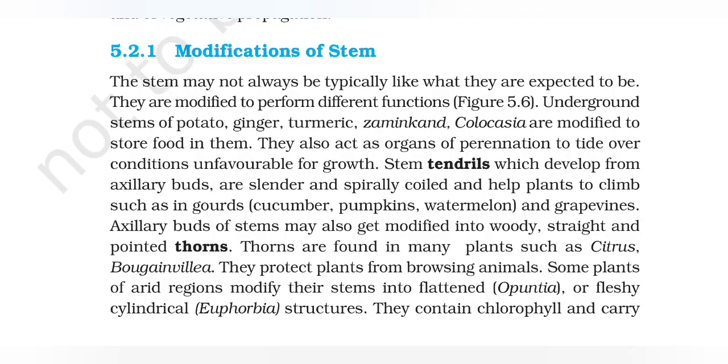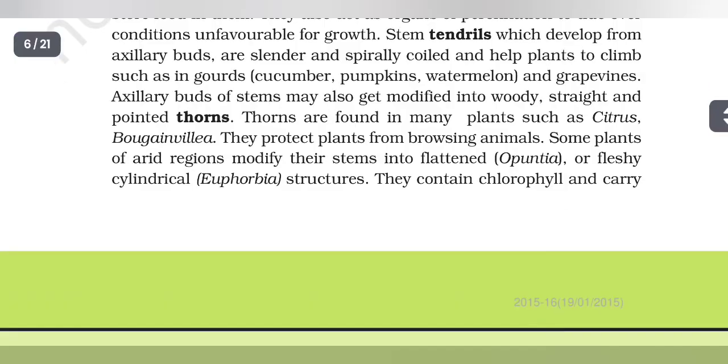Axillary buds of stems may also get modified into woody, straight and pointed thorns. Thorns are found in many plants such as citrus and bougainvillea. They protect plants from browsing animals. Some plants of arid regions modify their stems into flattened (Opuntia) or fleshy cylindrical structures (Euphorbia). They contain chlorophyll and carry